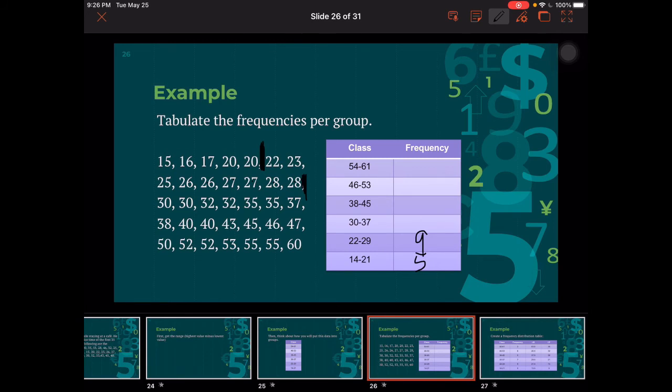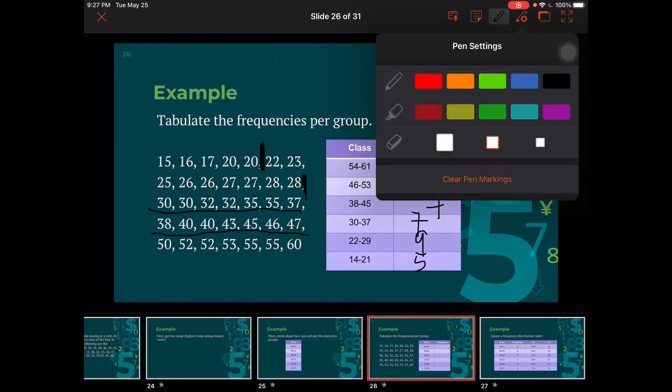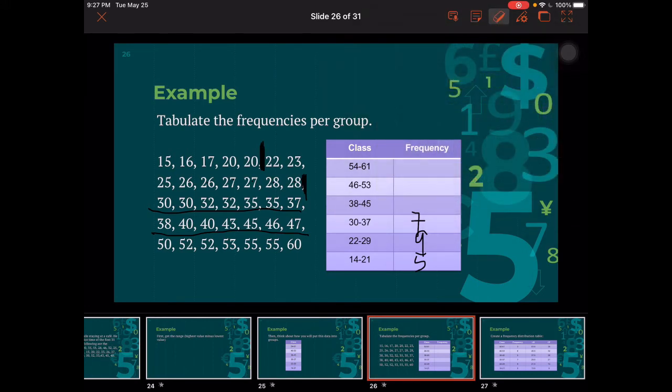Your 30 to 37, it's this entire row here. So, that's 7. 38 to 48, that's up until here. It's another entire row. So, that's another 7. Oh, sorry, it's up until 45 lang pala. So, babawasan natin siya. Hanggang 45 lang siya. So, it's until here. So, 5 lang. And then, see, 46 up until 53. That's up until here. So, that's 4, 5, 6. And then, the rest